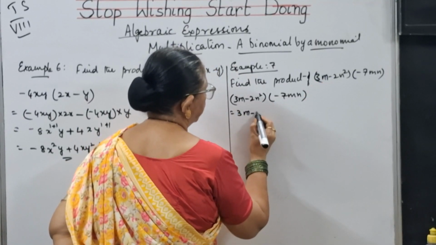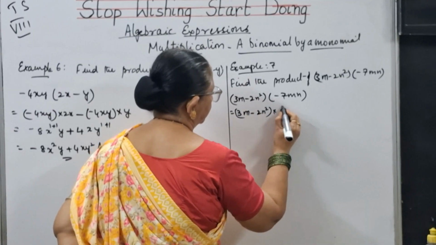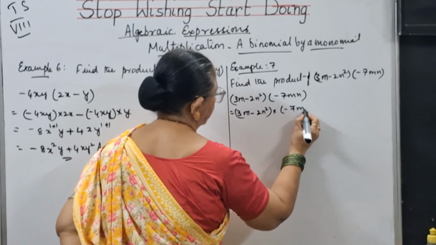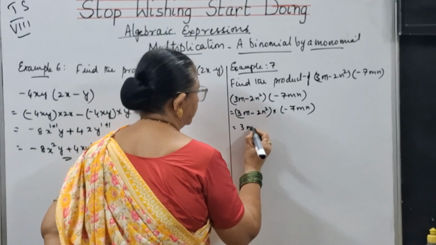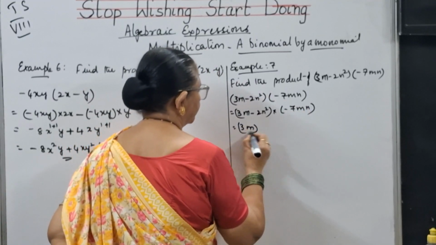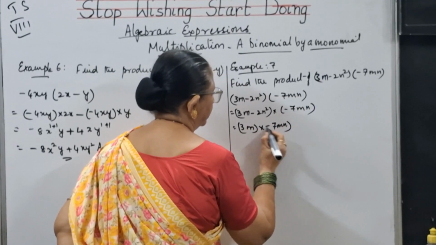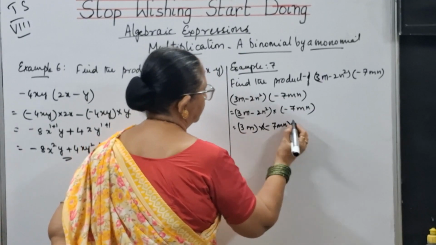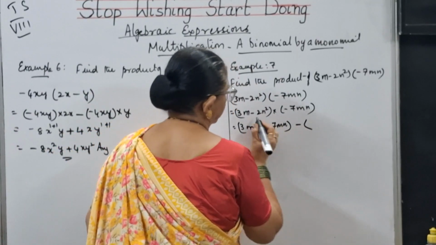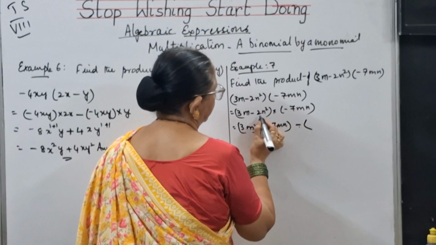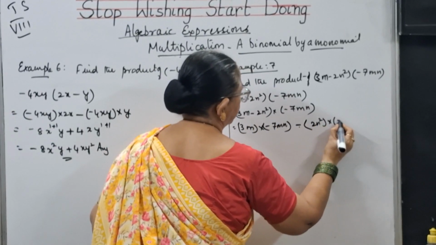So 3m minus 2n square into minus 7mn. So this can be written as 3m into minus 7mn. Here a minus sign is there, so write the minus sign here. This minus I have already written here, so I should take only 2n square into minus